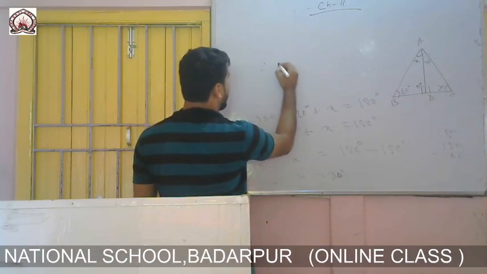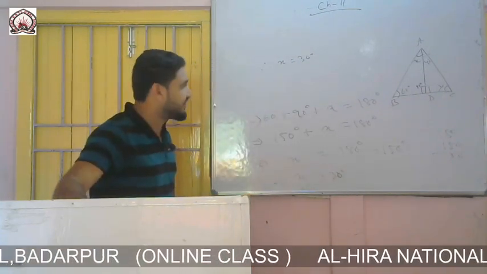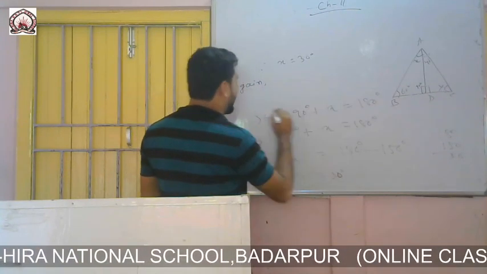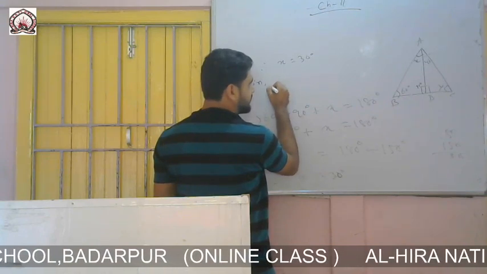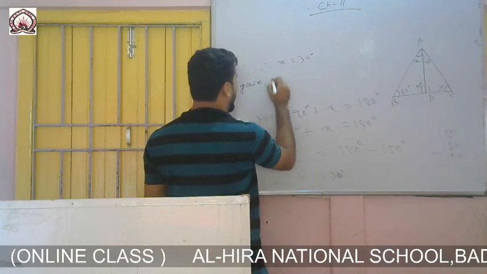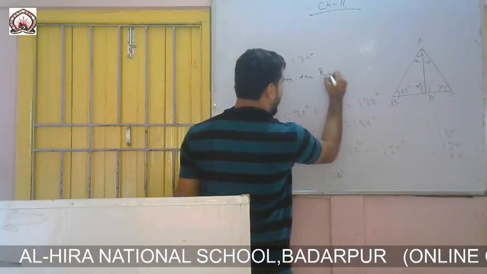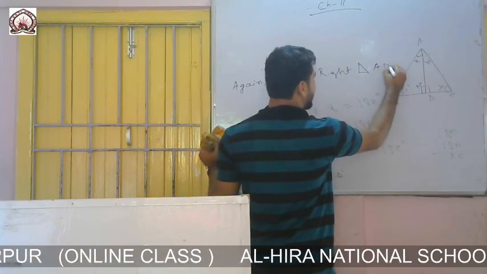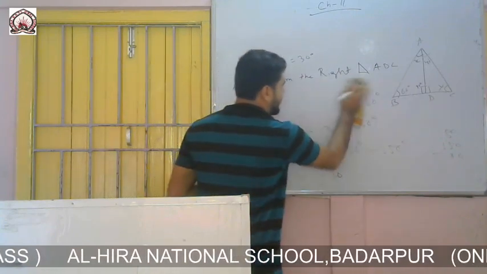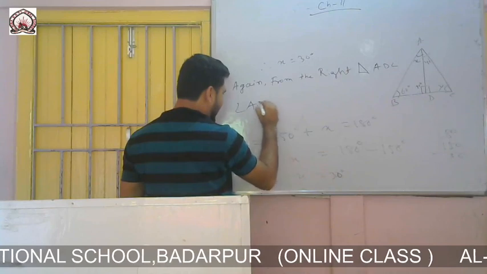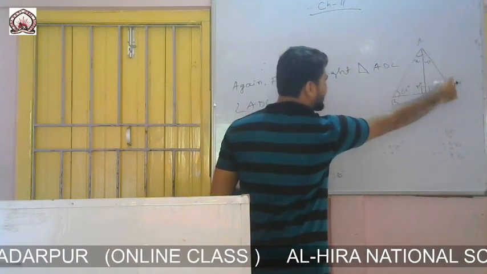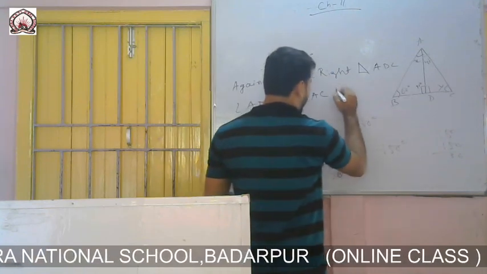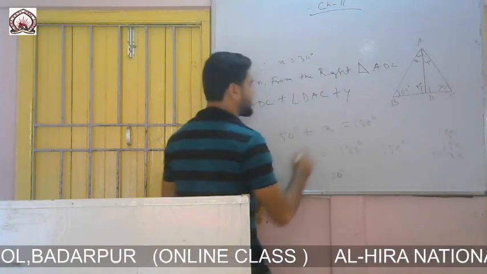Therefore you write X equals 30 degree. After that you write again, from the right triangle ADC, we can write angle ADC plus angle DAC plus, in case of this one, we will write Y, because it is not given, equals